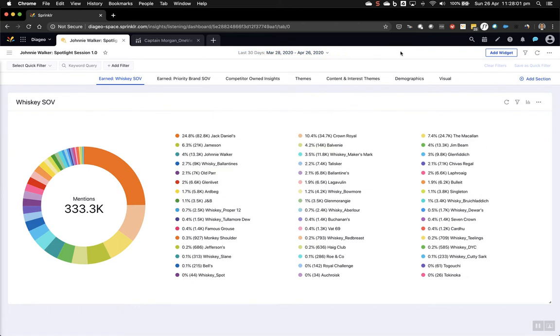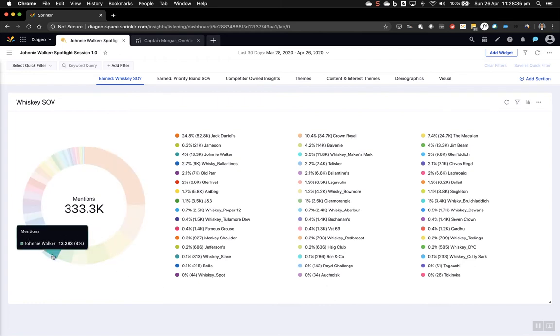So we're going to look at the last 30 days around the share of voice that Johnny Walker has across other competitors in the whiskey category. In this particular example, we're looking at earned data first. This is data coming from the Sprinkler Listening Insights module and all of the topics that have been set up across the whiskey category. So as we can see here, we've got the different brands and competitors and all of the whiskey category topics and or conversations that we would want to monitor, as well as the share of Johnny Walker within that